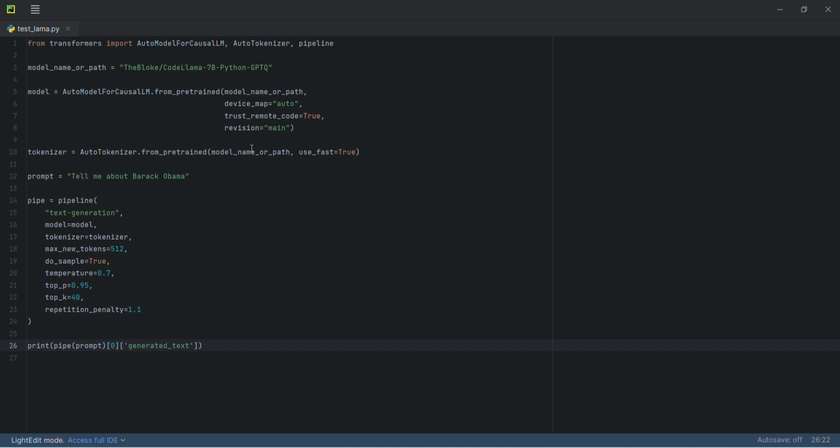After installing these packages, you can use simple code to download and test Llama 2 on your own machine. First, we need to import three modules from the transformers package. The first one is AutoModelForCausalLM. AutoModel is an abstract class from Hugging Face by which you can actually load a popular language model. And also we have AutoTokenizer, by which you can split a given text into tokens, into smaller parts. And also we have pipeline, which is the standard API class for accessing